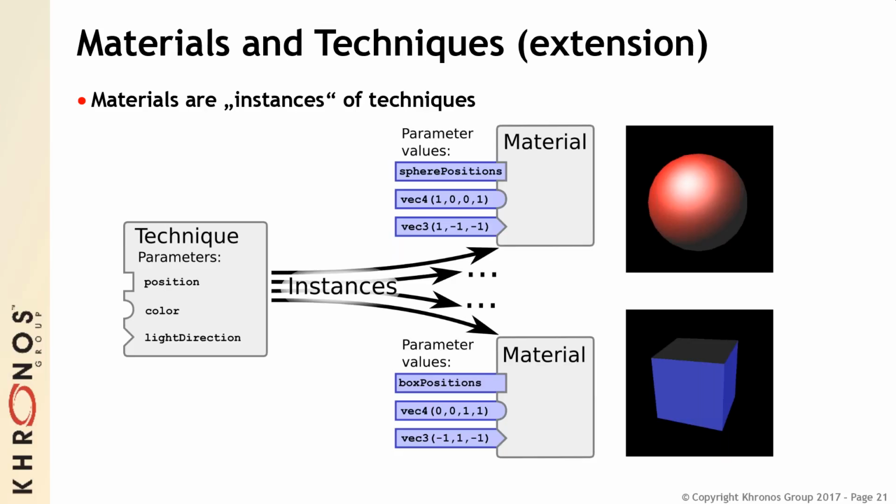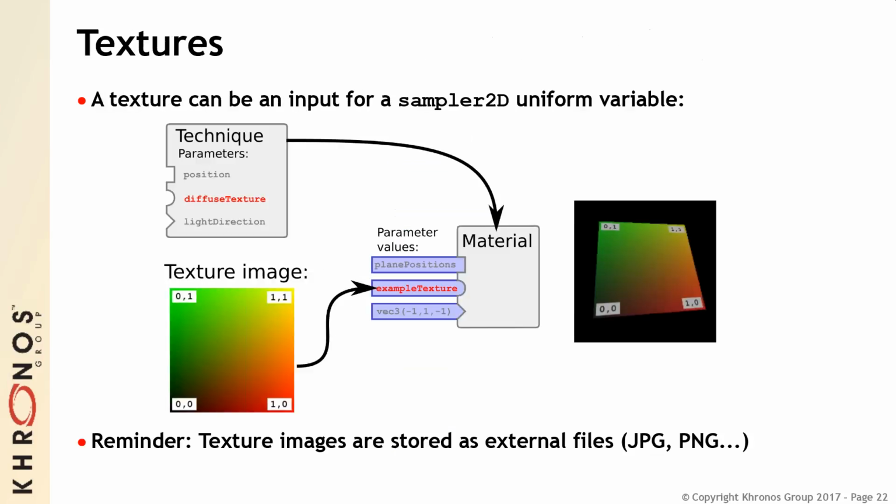Another element that may be contained in the JSON via a reference to an external image file is the texture. A texture is basically the input for a sampler 2D uniform variable in the context of technique-based rendering, of GLSL-based rendering. And each technique refers to an image. The images are stored in external files and can be read, and then the image is used as one input